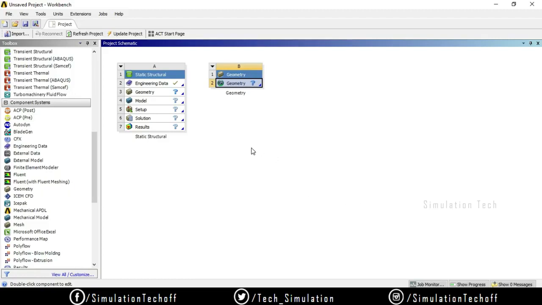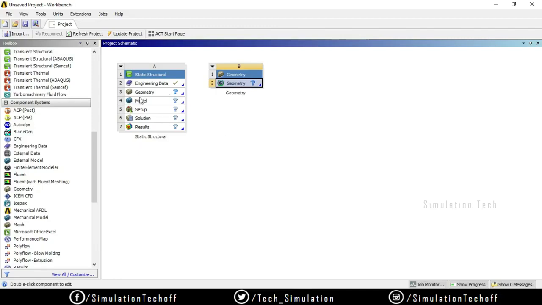When we design any component to analyze in ANSYS, by using Creo or CATIA or SolidWorks, whatever the software it may be, when we import that particular geometry in the ANSYS geometry environment, some features may be missed. For example, our fillets may be missed or chamfers may be missed. So those features should be edited in this environment.